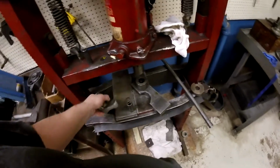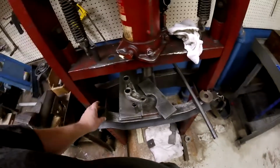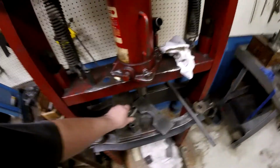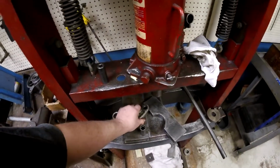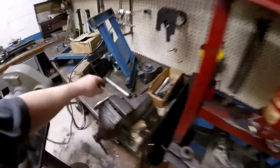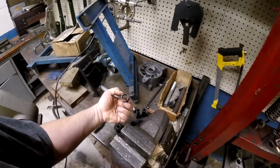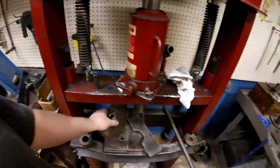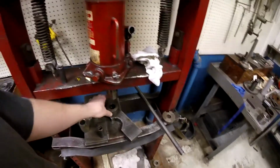But don't be pressing stuff at an angle, you know. Like I had to take extra precaution with that piece right there and put it on a lip like that to press that little bearing out because of the step. You don't want to have stuff pressing at an angle. When you press stuff at an angle, it could shoot out sideways. A really brittle piece of this hardened steel could flash off and fly at an extreme velocity, take an eye out. Make sure you wear eye protection and make sure you're pressing flat and slow and careful. And be safe with this, guys. It can be dangerous, but